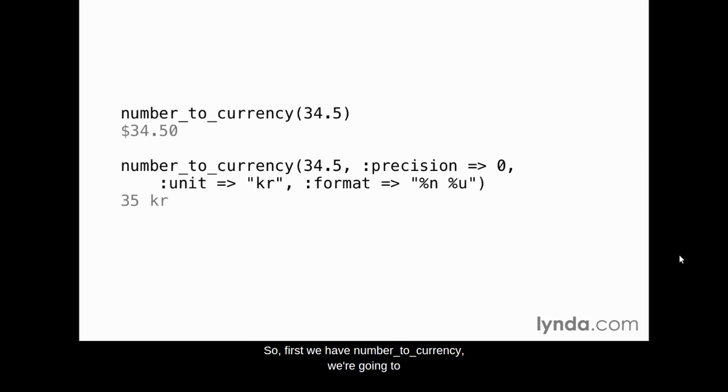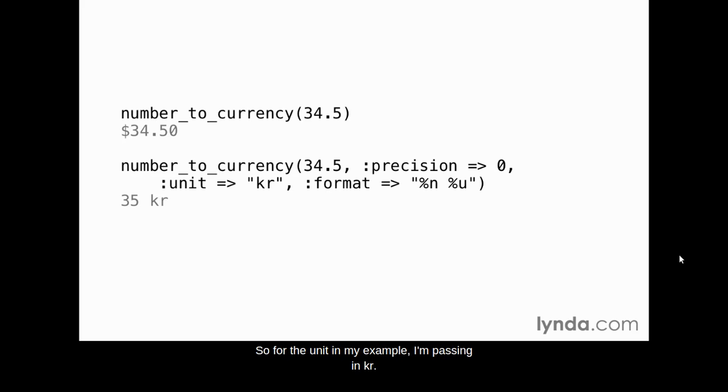So first we have number to currency. If I pass in a simple decimal number, 34.5, it'll return that number to me as currency, $34.50. It's in US format by default with the $ in the front. We don't have to stick with that though. We can use the options that we just saw, as well as unit and format to change the way that